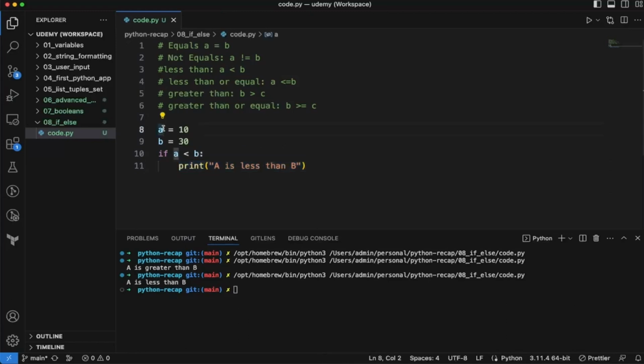So here we have two variables a and b. a had a value of 10, b has a value of 30, and then in this if condition we are checking if a is less than b. If a is less than b, then we are printing a is less than b. And if you remember, in Python this indentation is very important. This won't work because an if statement's body should always be indented by one tab. Okay, and we can also have